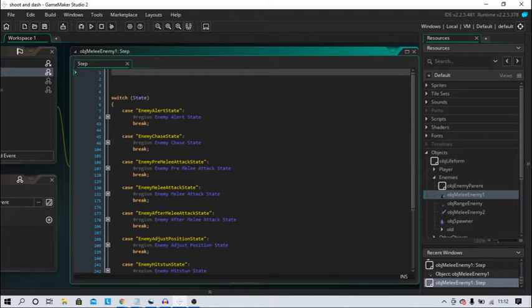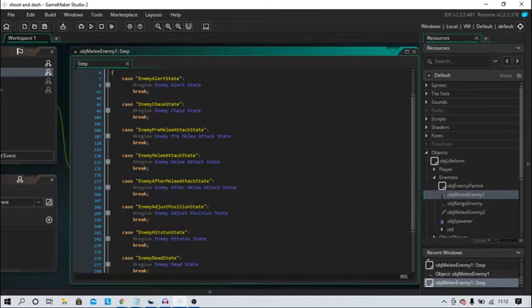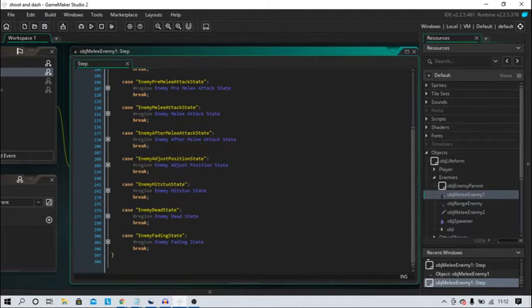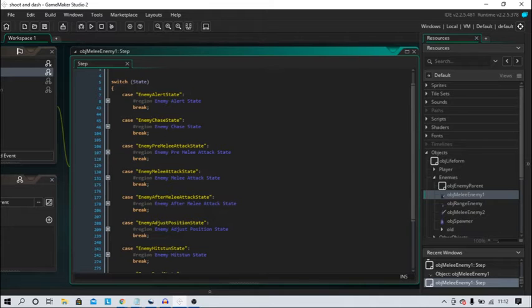We got a switch state here, and each case of the switch state is a different enemy state that governs his behavior. So we have the basic alert state,